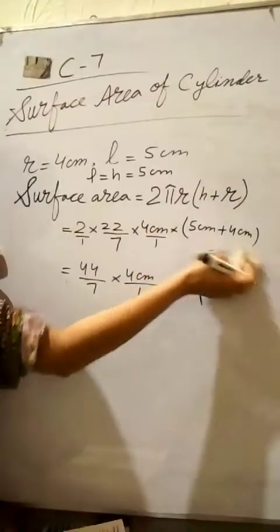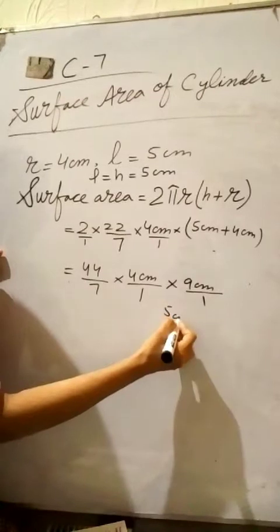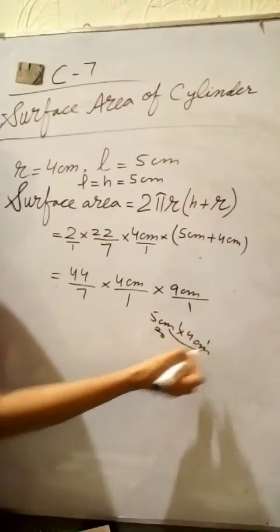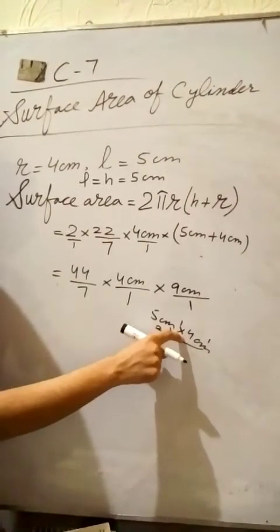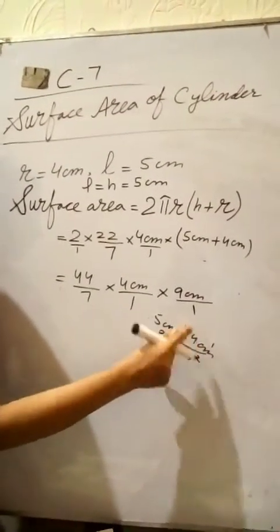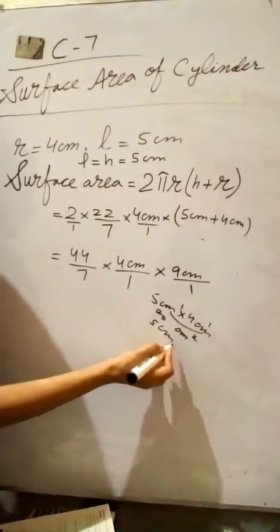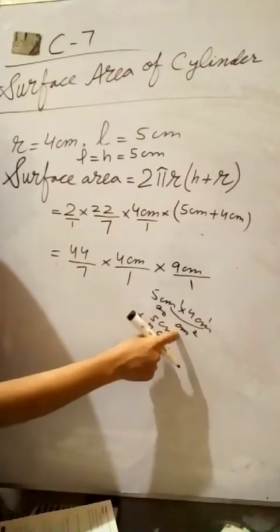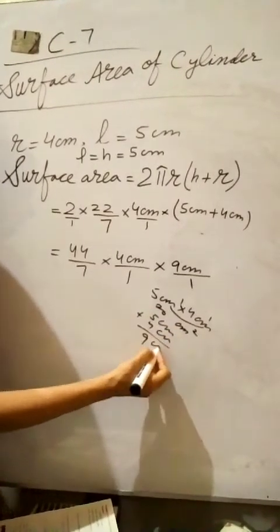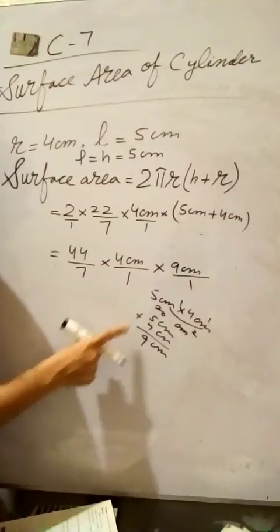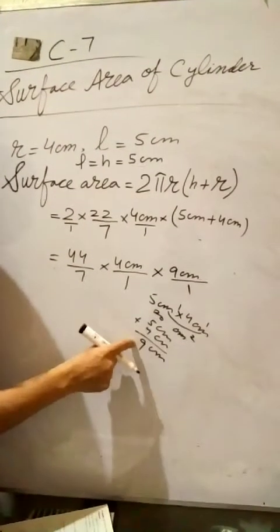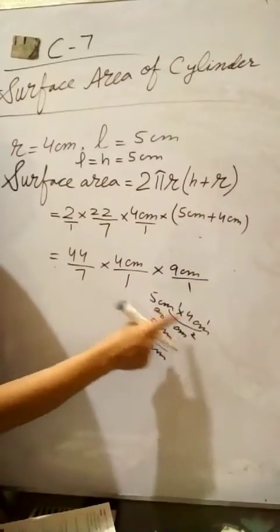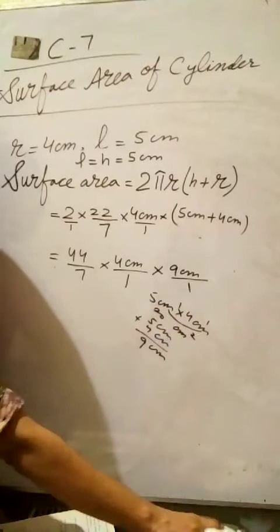This is a very important rule. When we have 5 centimeter multiply 4 centimeter, 5 fours are 20, bases are same, powers will be added. When we have a sign of multiplication and bases are same, powers will be added. But when we have a sign of addition, we add the coefficients, not write the powers, only centimeter. Addition means only add the coefficients, not the power of centimeter or meter. But when we are multiplying, bases are same, powers will be added.